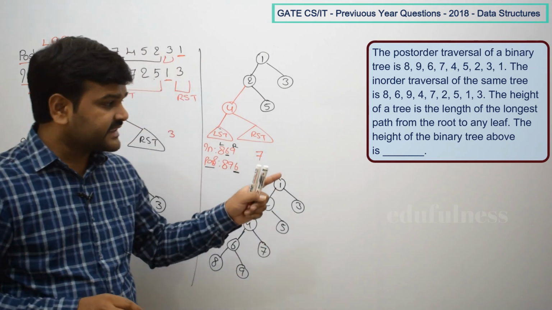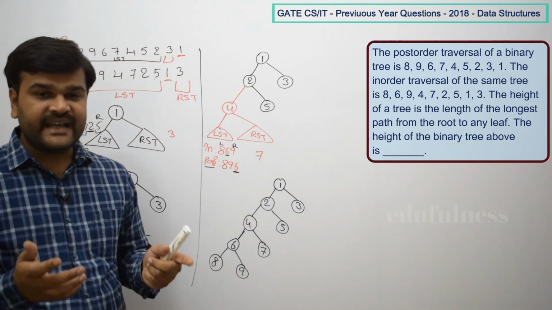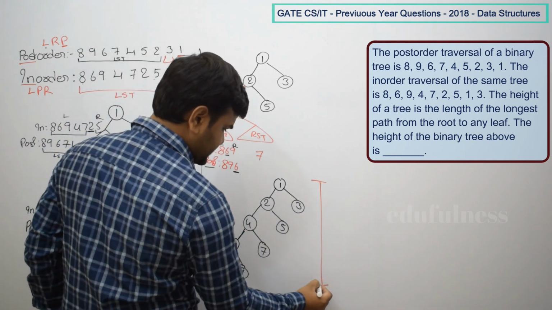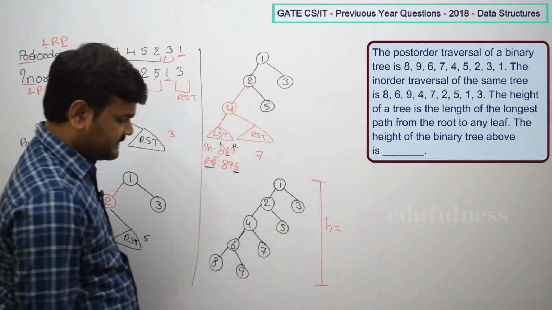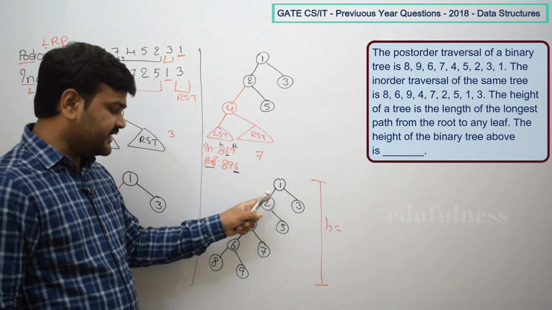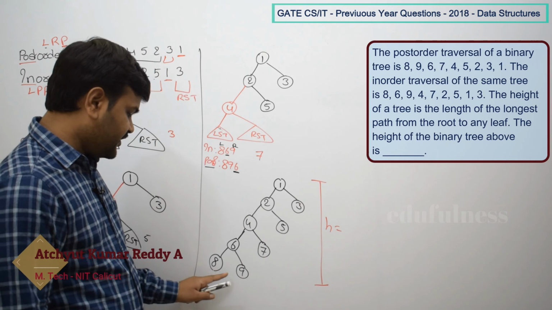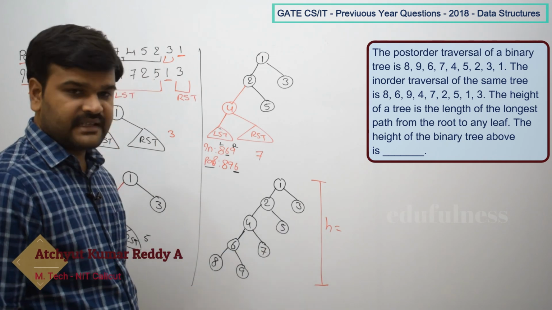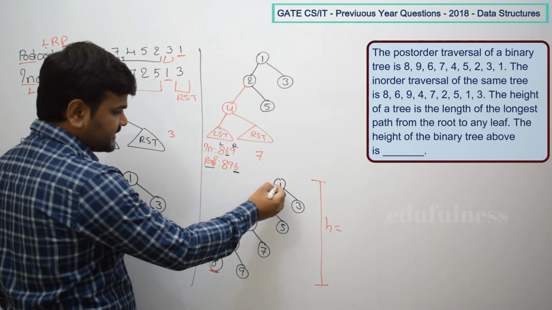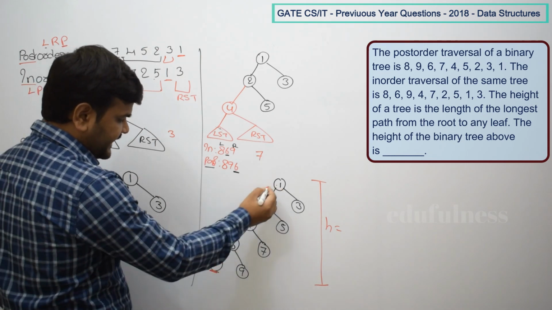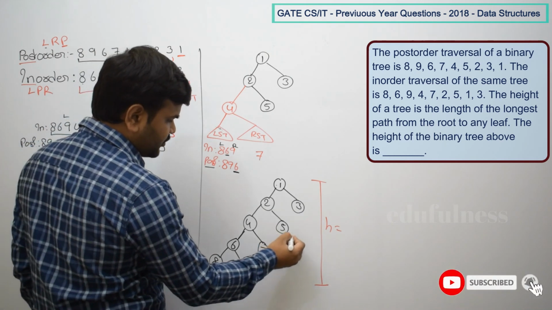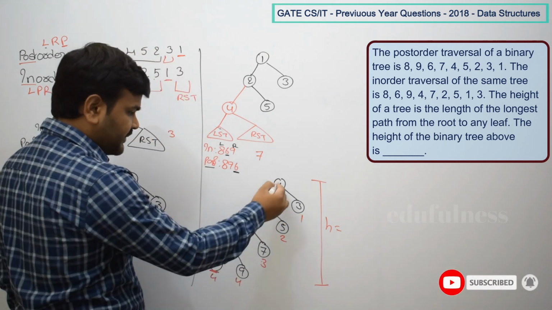Now what is the question he is asking? What is the height of the tree? So this tree height we have to find out. That is what we have to tell. Okay. So what is its height? So longest leaf node path. So leaf nodes 1, 2, 3, 4, 5 are there. So what is its height? So longest path from the root node. So here height is 4, here height 4, here height 3, 2, 1. That means number of edges in that